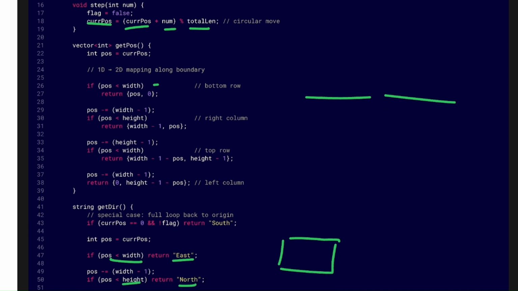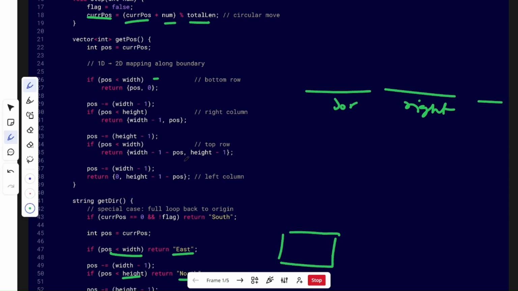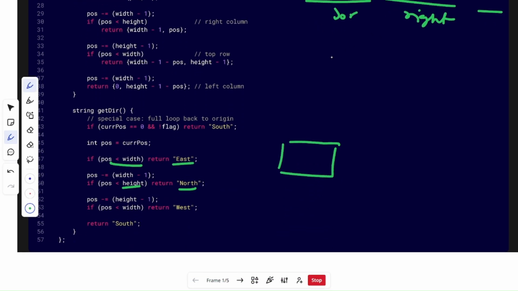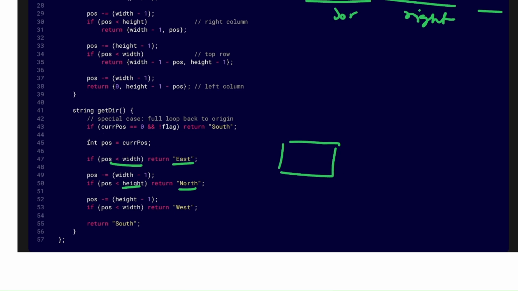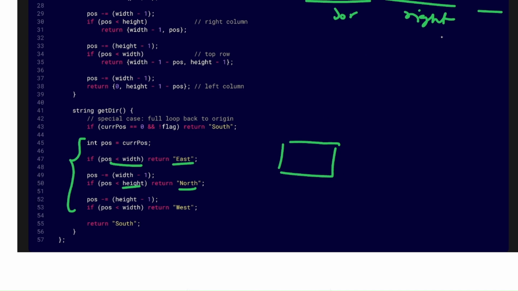So first is bottom, second will be the right part, then third will be top, and so on. So this is very simple. Similarly we are doing this for the directions also. We are just checking if it lies in the first part or second part or third part. According to that we are returning east, north, south, west.